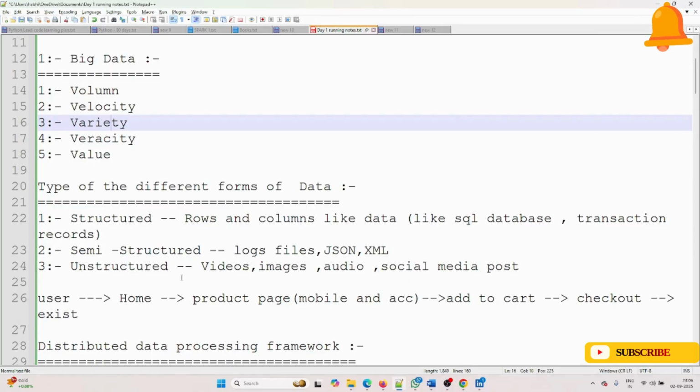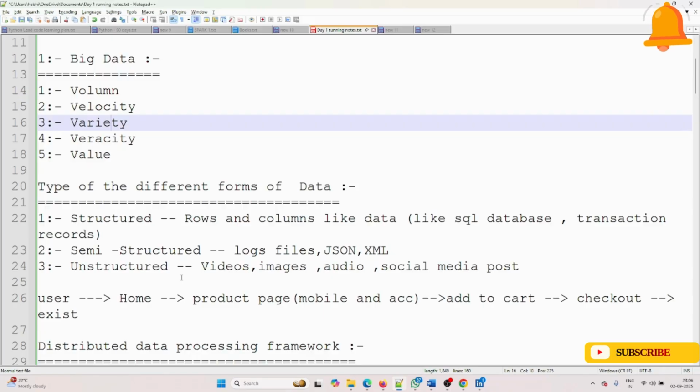I'm going to talk about another point, value. What do we mean by value? Value means the business impact. It refers to the usefulness of big data. Whatever data we have stored, how useful is it for our product? That is the important thing. Big data is meaningless unless it provides business value like insights, savings, revenue and efficiency. So the goal is to turn raw data into actionable insight. We have to be able to trust the particular data we are getting.